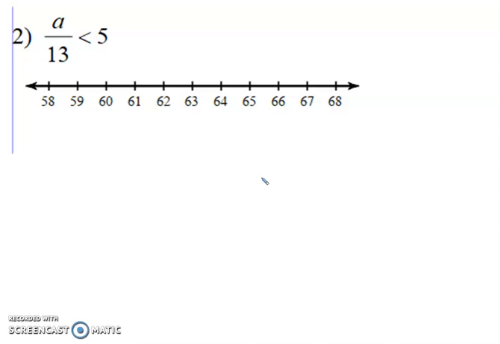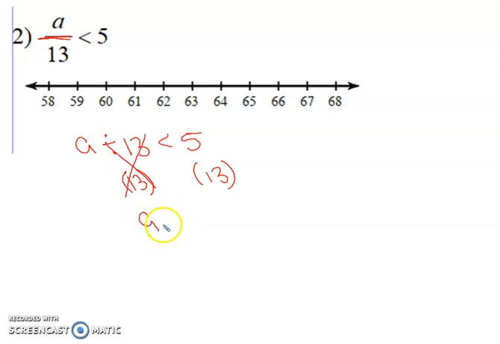But number 2, every time people see these, they freak out. They're like, oh my gosh, I don't know what that line means. So if you don't know what that line means, it just means divide. A divided by 13 is less than 5. Then it becomes really simple to get rid of the 13. What's the inverse of division? Multiplication. So I'm going to multiply both sides by 13. A, this is gone because division and multiplication cancel each other out,